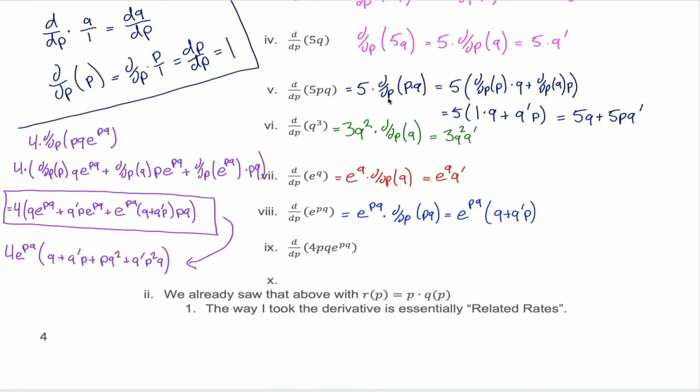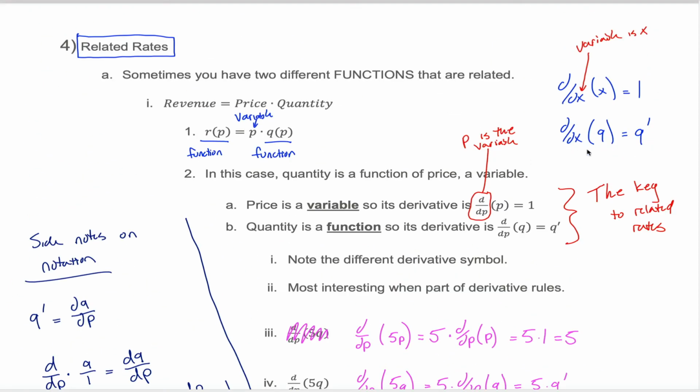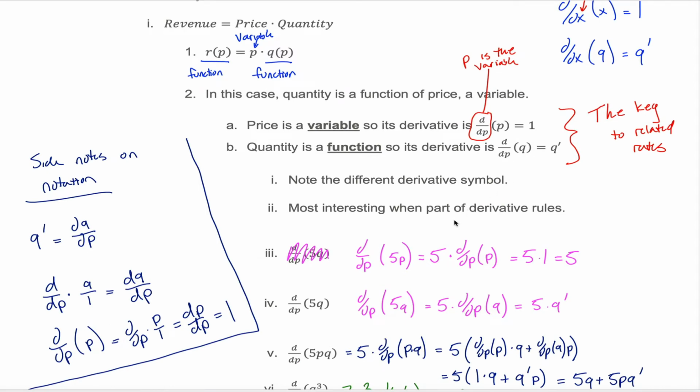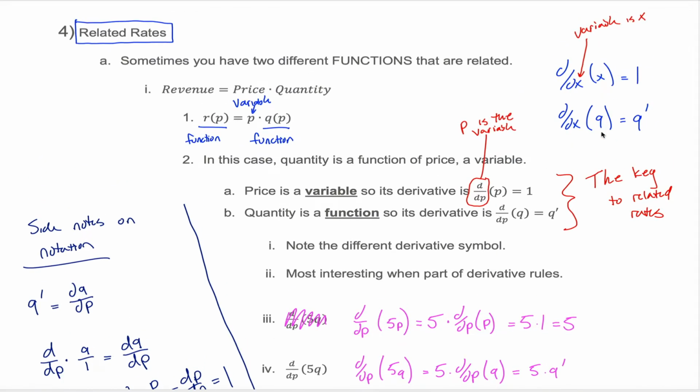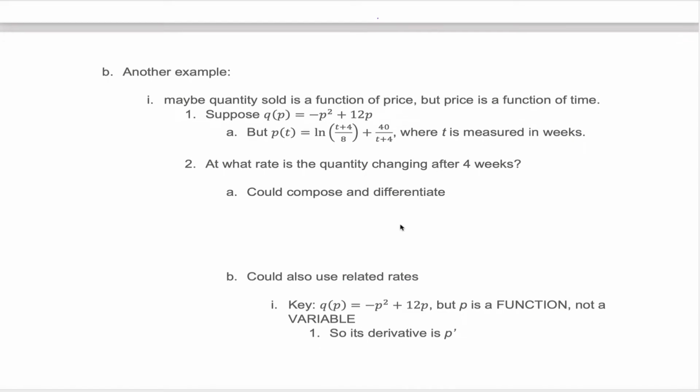In the last video, we learned how to take the derivative of functions using this method of related rates. And I don't know, I find it kind of fun. Maybe you do, maybe you don't. It's just like the same derivative rules we've been using. We just have to treat different letters differently depending on whether that letter represents a variable or that letter represents a function. To make sure this makes sense, I want to do that exact same stuff in the context of